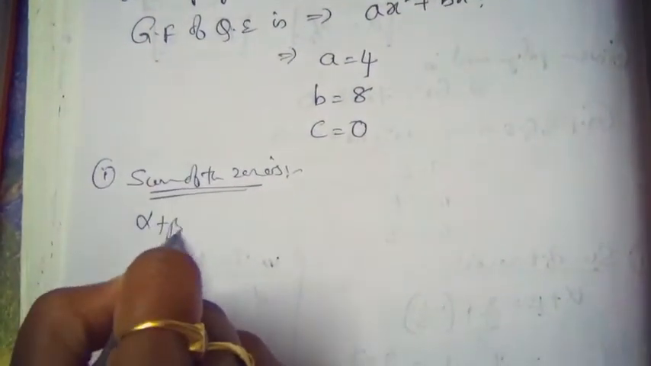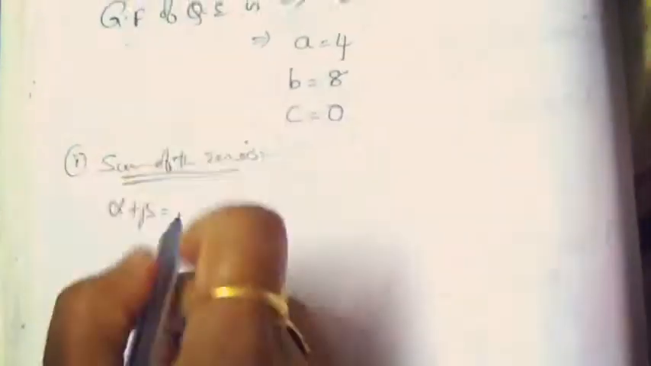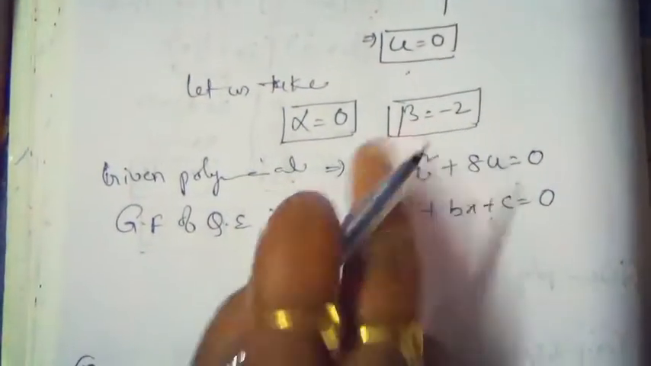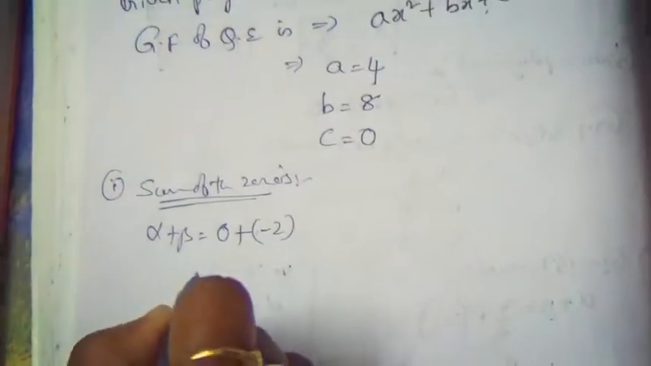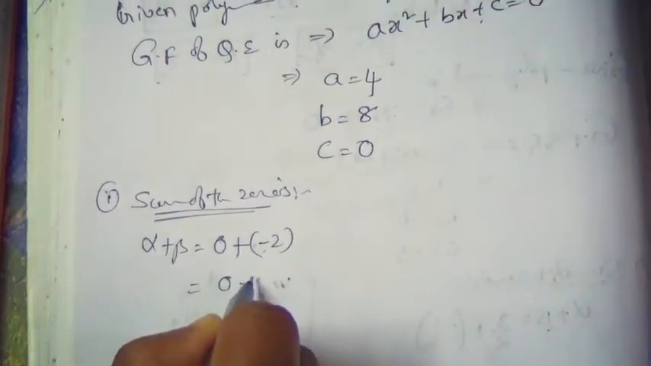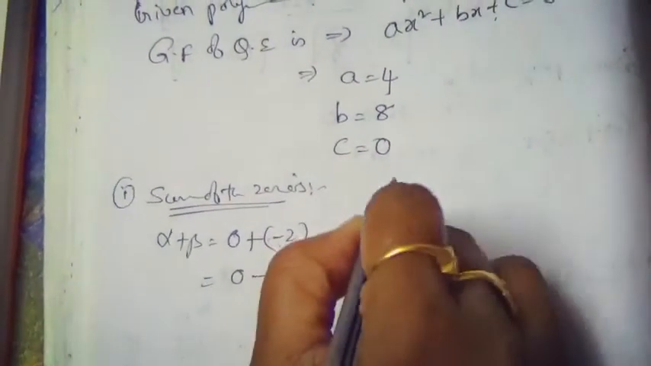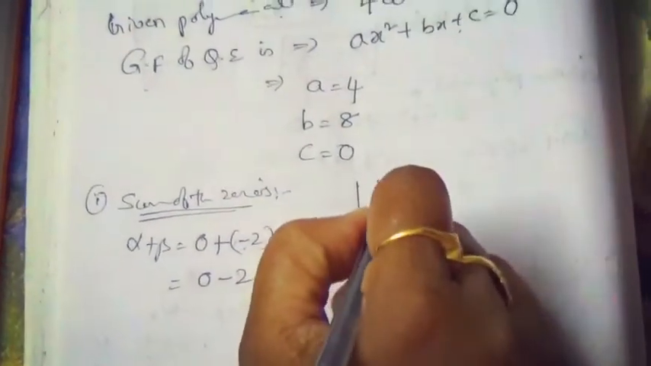So alpha plus beta is equal to, what is the alpha value? 0, plus what is the beta value? Minus 2. That is equal to 0 plus minus 2, which is equal to minus 2. So by verification,